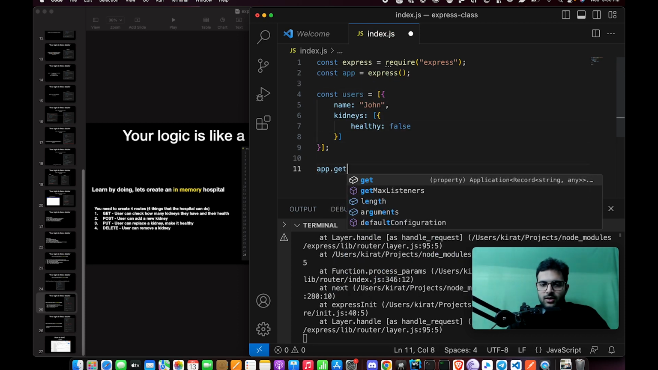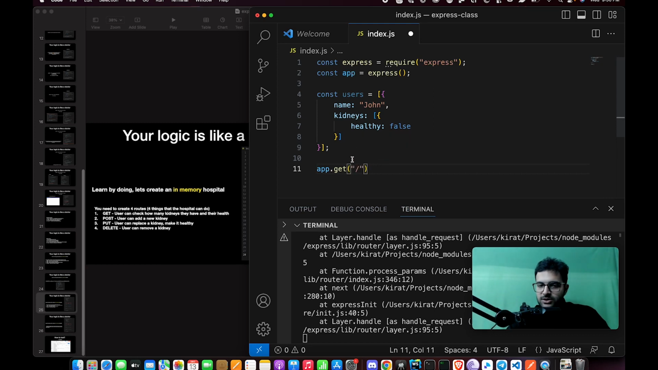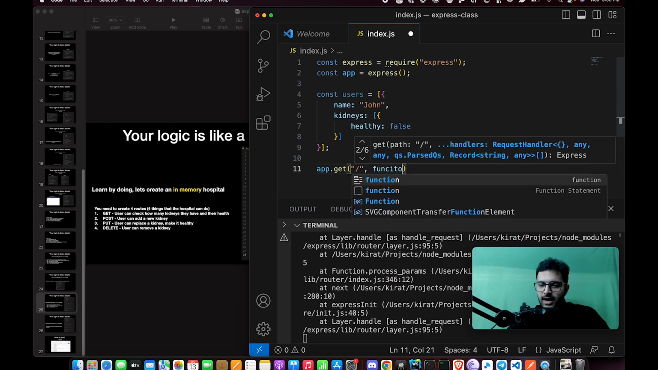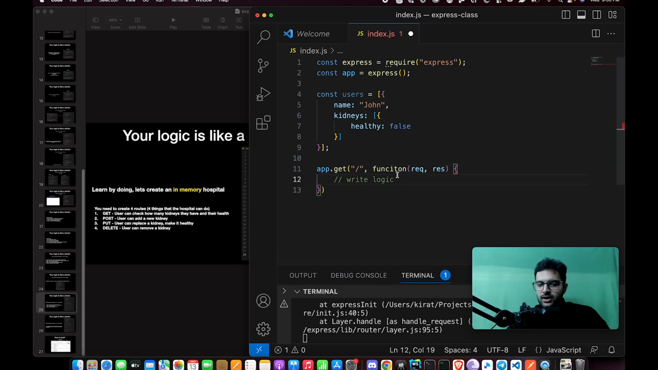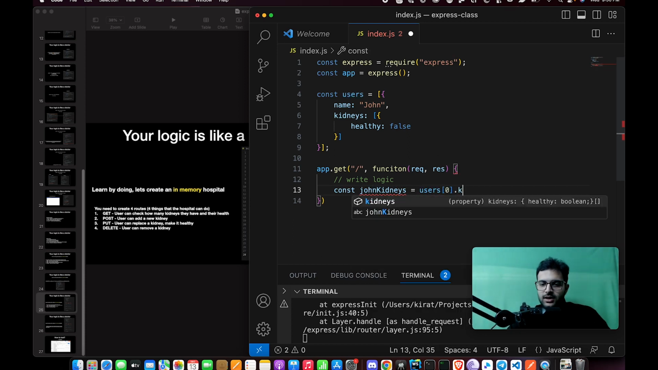And now, anytime a request comes on the / endpoint with a get request, I need to write logic here that would return to John how many kidneys he has and how many of them are healthy, how many of them are unhealthy. So what can I do? I can be like const John kidneys equal to users of 0.kidney. This will give me,